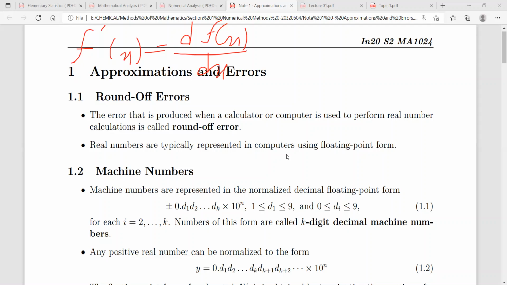Functions that cannot be differentiated using the general conventional laws. If we want to find a solution but cannot differentiate using any method, we can use this approximation of f(x). Let's say we want to find the derivative when x equals x naught. Then it is df(x)/dx at x equals x naught, and by definition it is equal to f(x naught) minus f(x naught plus h)